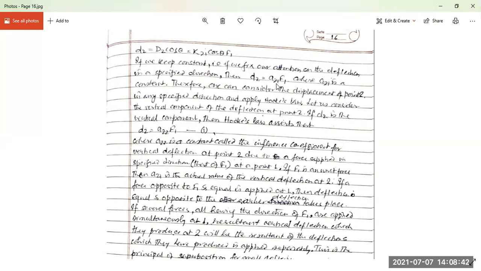That A22 is a constant called the influence coefficient for vertical deflection at point 2, due to a force applied in a specified direction at a point, point 1. If F1 is